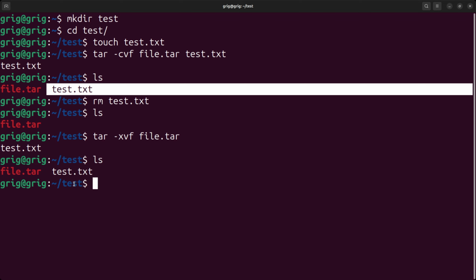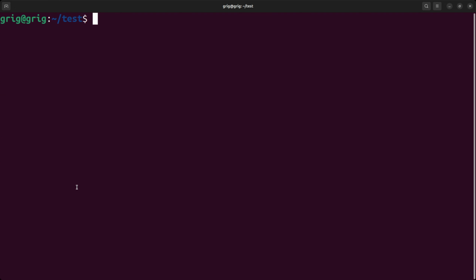How can we create a gzip compressed tar archive file? We can do it using the -z option. First remove our file.tar, clear the screen, ls. Using the -z option allows the tar command to compress the archive using the gzip tool. tar -czvf file